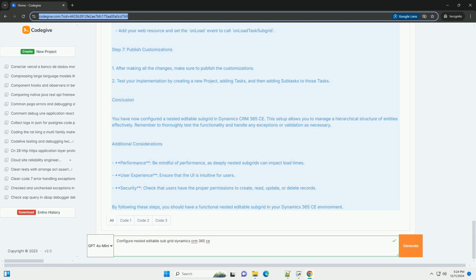JavaScript. function onLoadTaskSubgrid(executionContext) { var formContext = executionContext.getFormContext(); // Get the task subgrid. var taskGrid = formContext.getControl("subgrid_tasks"); if (taskGrid) { taskGrid.addOnLoad(function () { // Make the subgrid editable. var subgridControl = taskGrid.getGrid(); var rows = subgridControl.getRows();